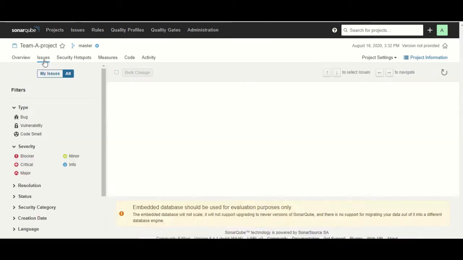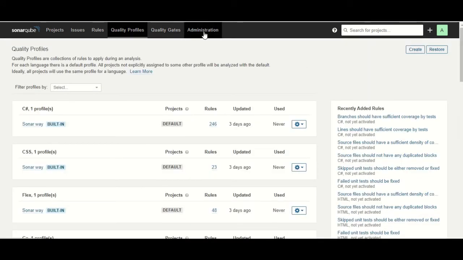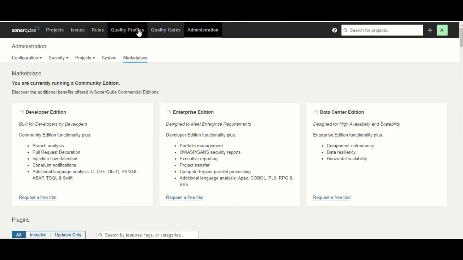So how does this work basically? If I show you this project information, in SonarQube there is a concept of quality profiles and quality gates. We'll start with the quality profiles. Before that, let me show you how those quality profiles come here.